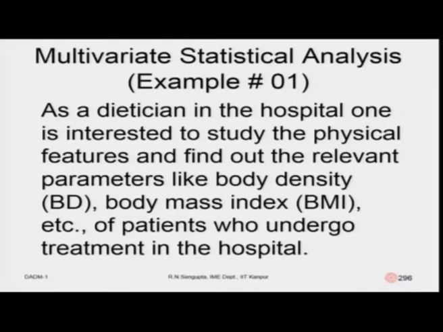So, then how would you analyze the food habits? You need the parameters. Basically, you need to know some values of the human being, the patients whom you are going to treat. So, things relevant for the studies are body density, and the body mass index. In many cases you try to find the ratio of the height to the weight, then what is the fat content in the body, and all these things. The dietitian gets all this from the patients who undergo treatment in the hospital.